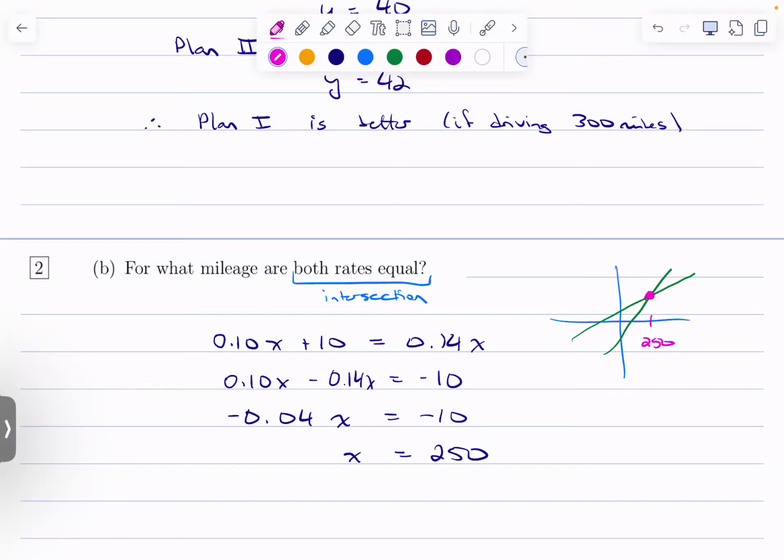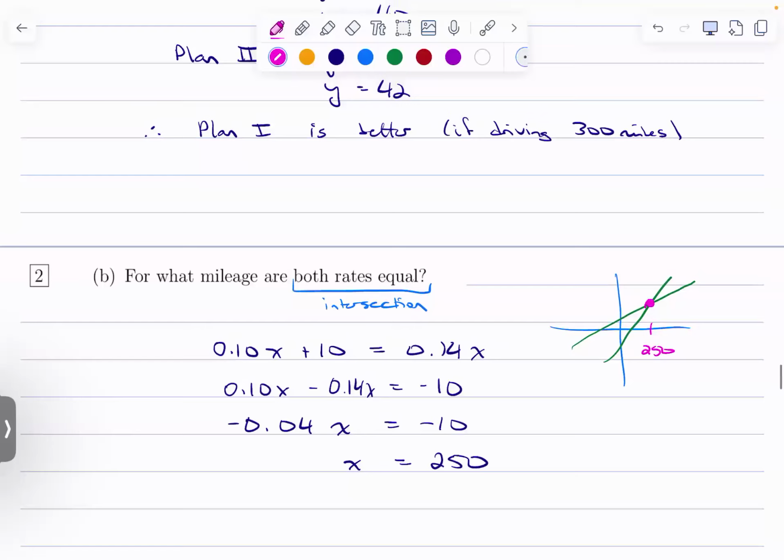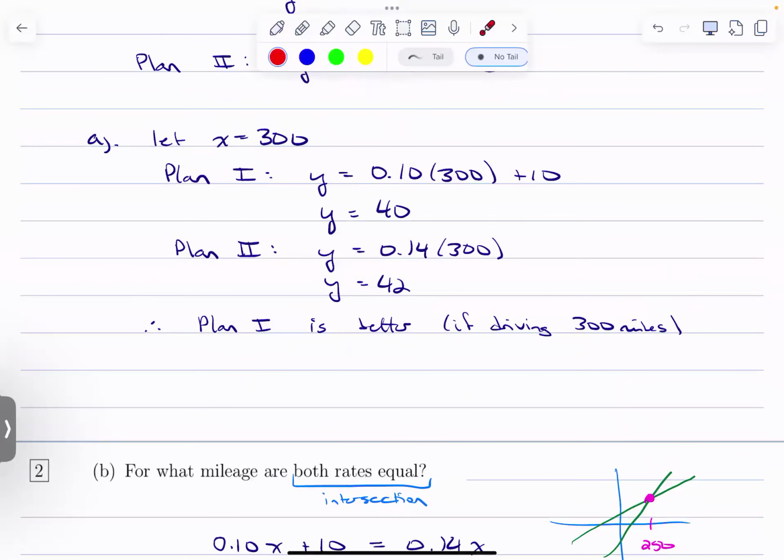I'm using pink. That's not on our formula sheet. Maybe that's implied. You'll figure it out. I'll erase it. All right. So up until 250, one plan is going to be better than the other one, just consistently. And then after 250, the next plan will be better. Since we know after 250, at 300, plan one was better, then it stands to reason that plan two is better up to and including 250, where they are the same. And then from 250 or more, you should use plan one instead.